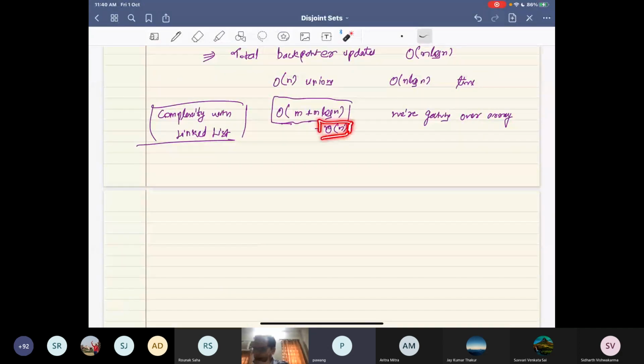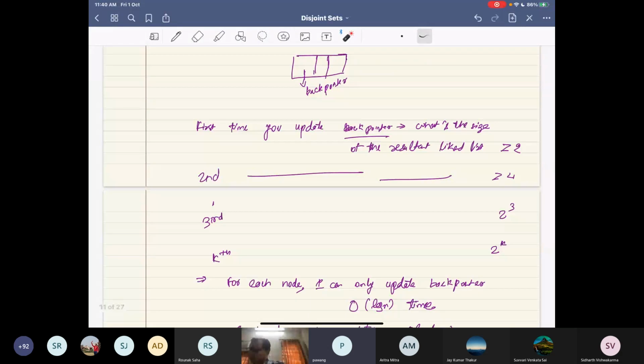All these are order n. So this is my complexity with the linked list. Okay. Now one more thing I will say. This analysis we did, this complexity analysis we did,